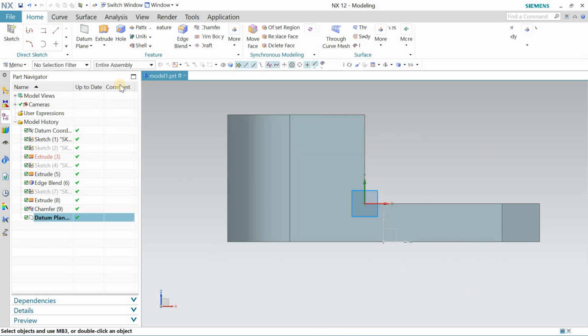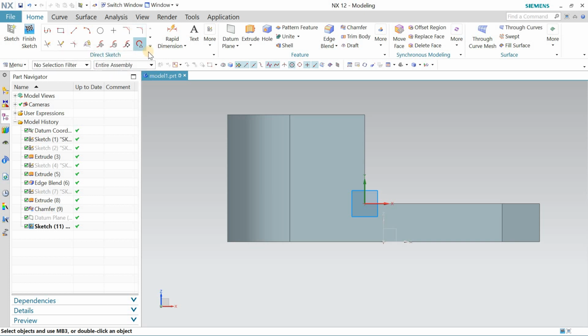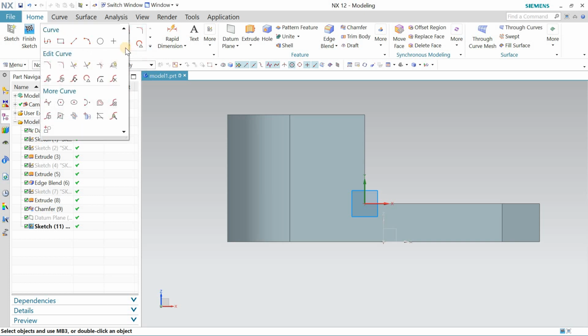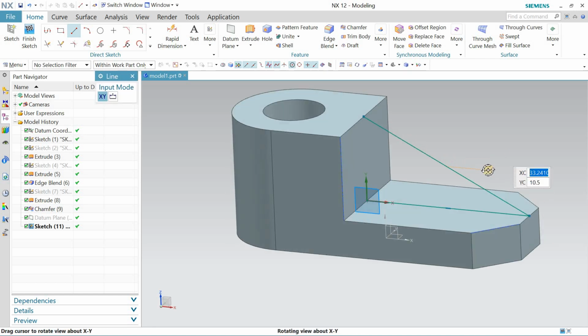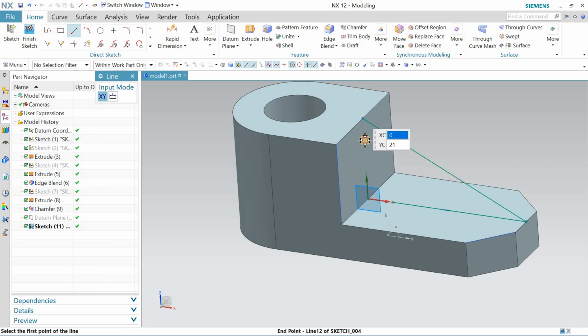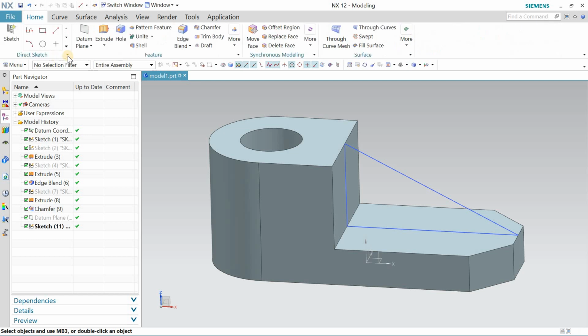this datum plane, okay, and go for a line, starting from somewhere here, like this. I want to finish the sketch and go for the